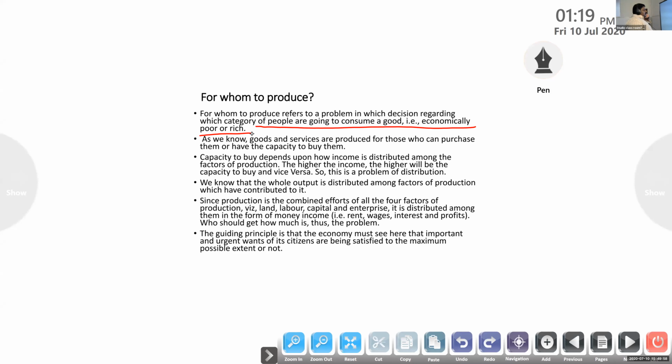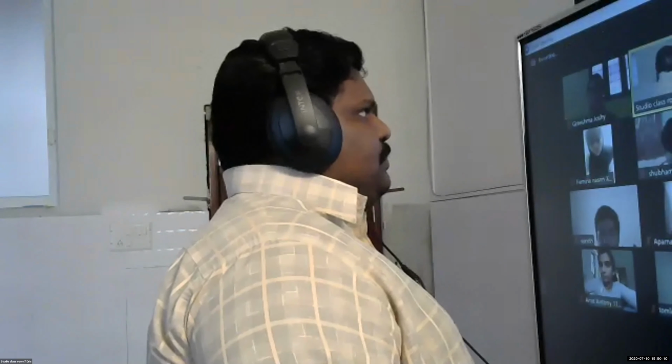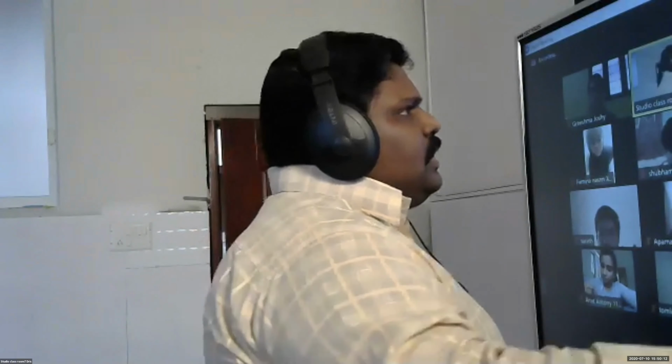Next, capacity to buy depends upon how income is distributed among the factors of production. The higher the income, the higher will be the capacity to buy and vice versa. So the higher the income, the capacity to purchase the product also will increase. Example, it is different